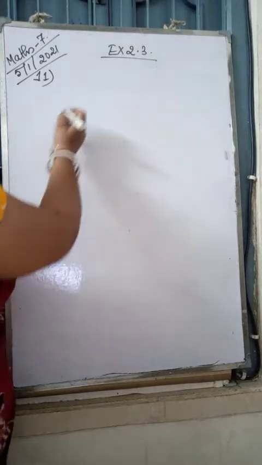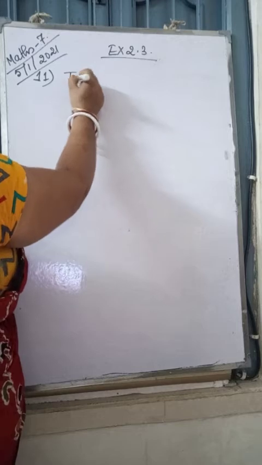Remaining days. Last class, we have completed up to question number 10. Look at question number 11 from exercise 2.3. It says a wall 7 whole 1 by 5 meter in height is being built. After one day, the mason had built 7 by 9 of the wall. What height of the wall is yet to be built? Now, what is the total length of wall?